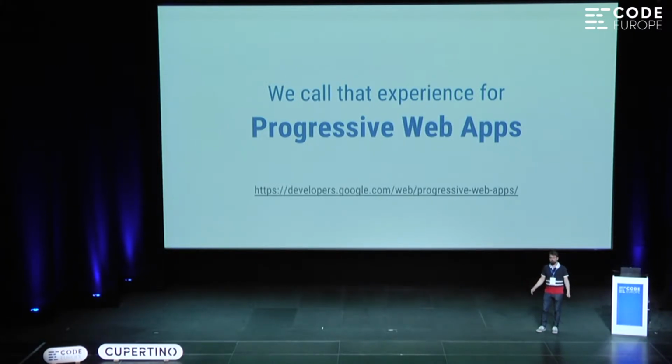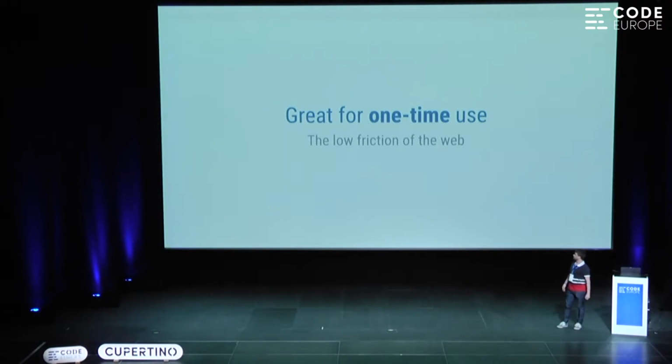And that's pretty useful, because we talked about these three cases. There's some app you use every day. If that is the app for turning on my light bulb, I might want that on my home screen. If it's the app I just use once a year, maybe not. And the idea is you visit the site, and slowly, progressively, the more you get engaged with the app, the more power it gets, like being added to the home screen, making it work offline, getting access to other hardware capabilities. So this is really great for these one-time use cases.